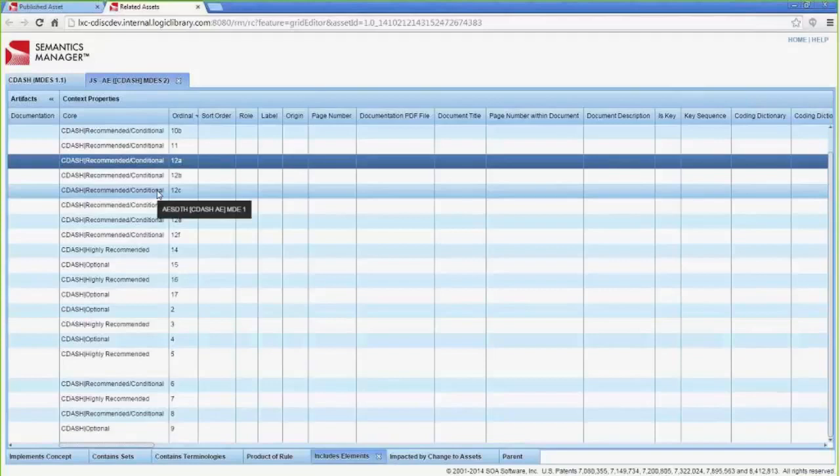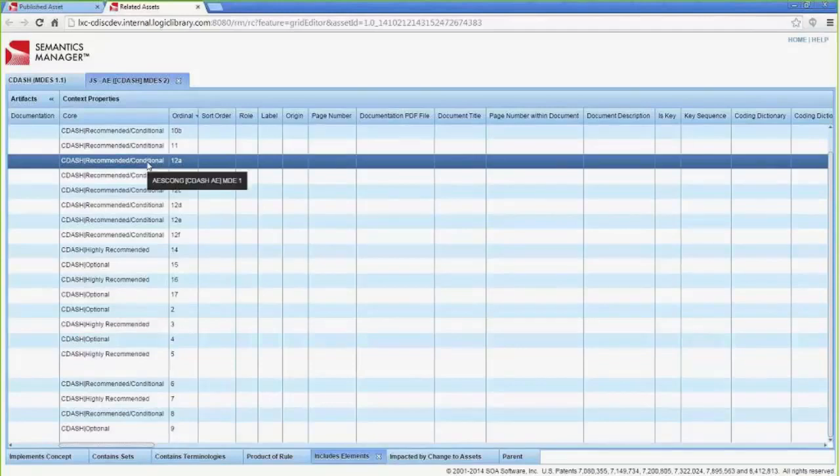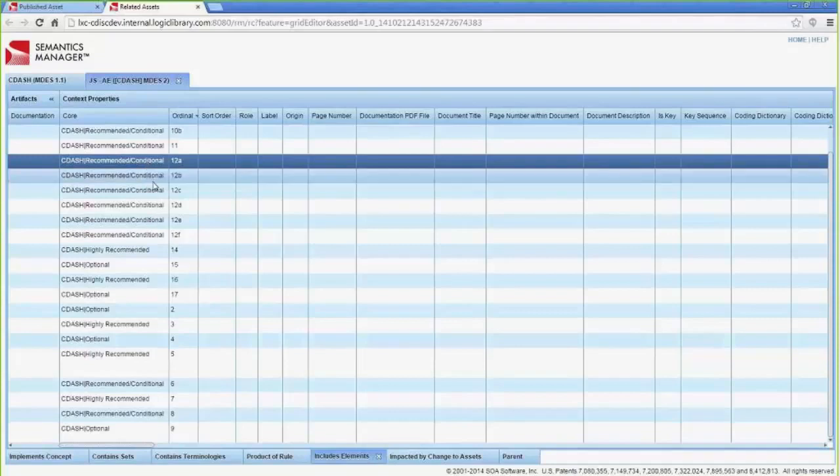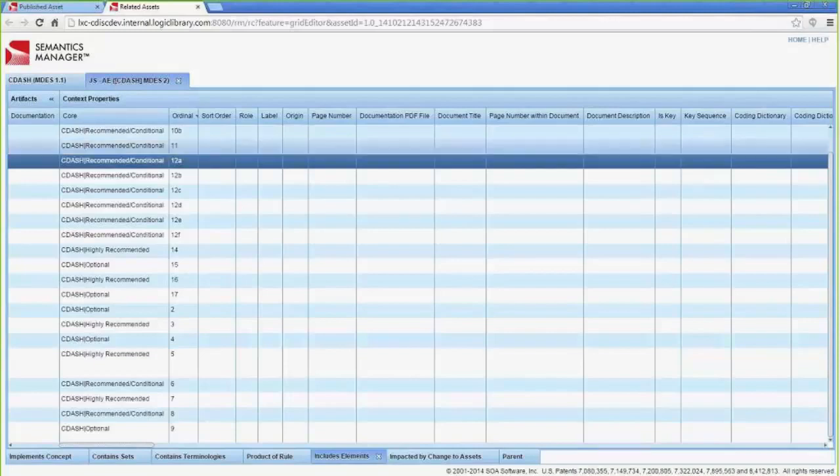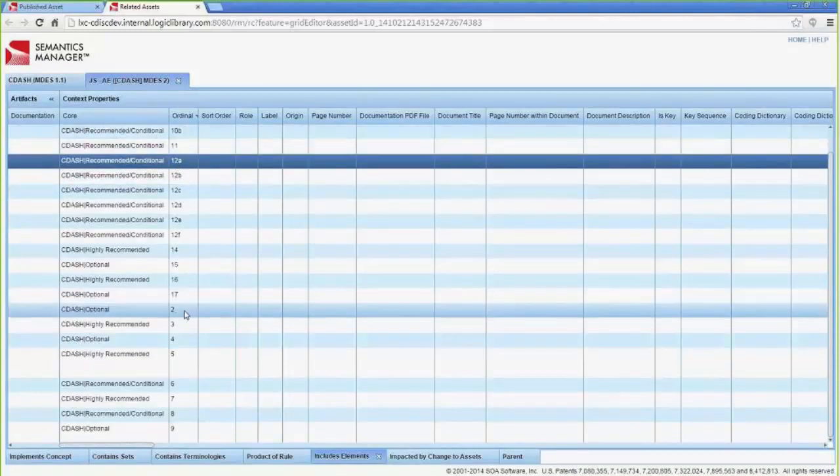Whereas these context properties sit on the relationship between whichever row you're on, so whichever asset that is. So this is AES ongoing. And so whichever row you're on, to the asset in the top tab, it sits on the relationship between those. So in this case, ordinal is an example, and it's showing the order of these elements in context of